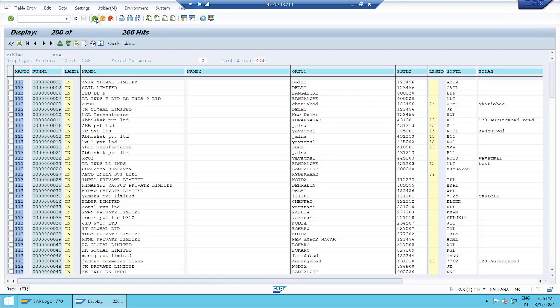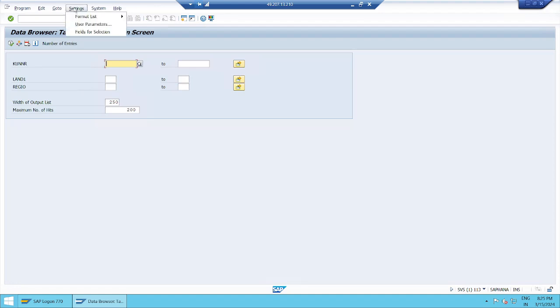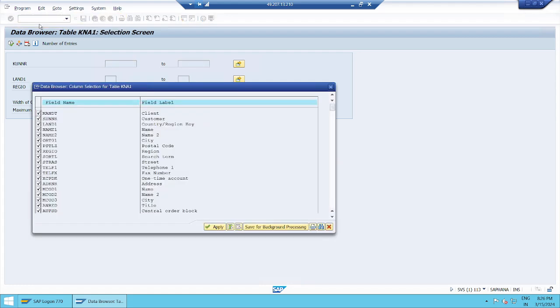How to display the required columns in the output: go to settings, format list. It came on the left side. I was looking at the right side. So format list, here choose fields. In the choose fields, by default, all columns are yes. But here also, you can first deselect all,